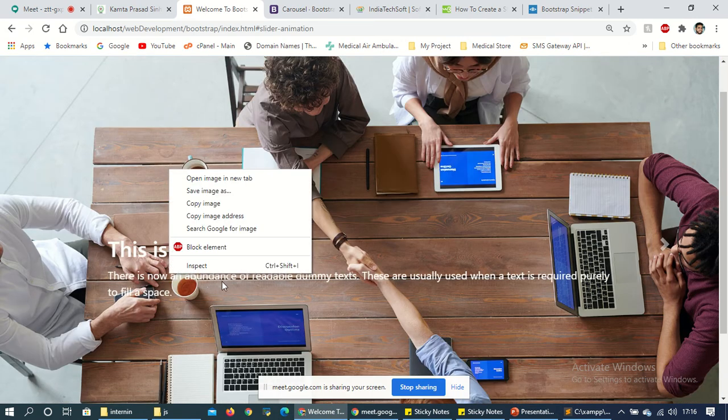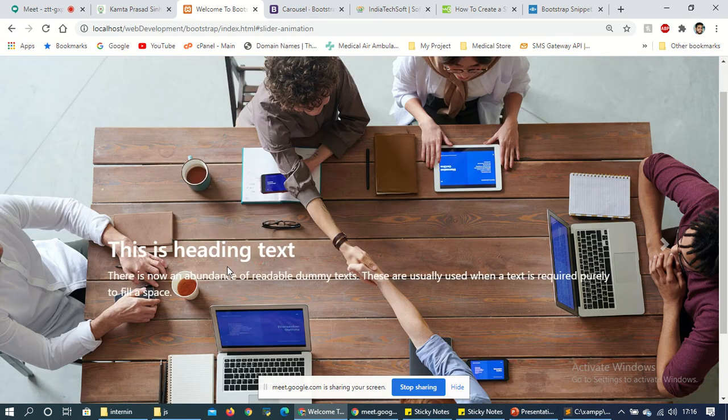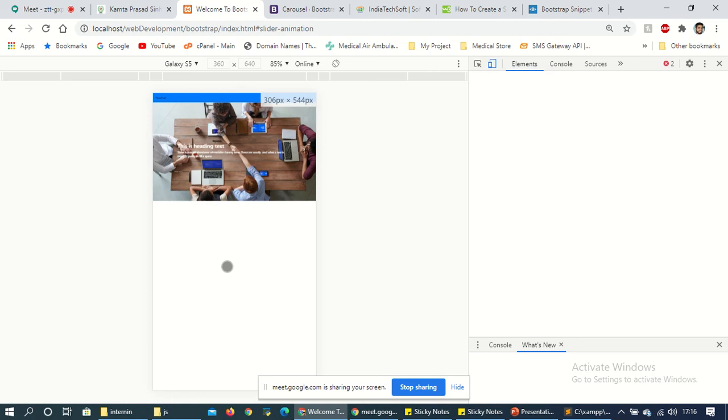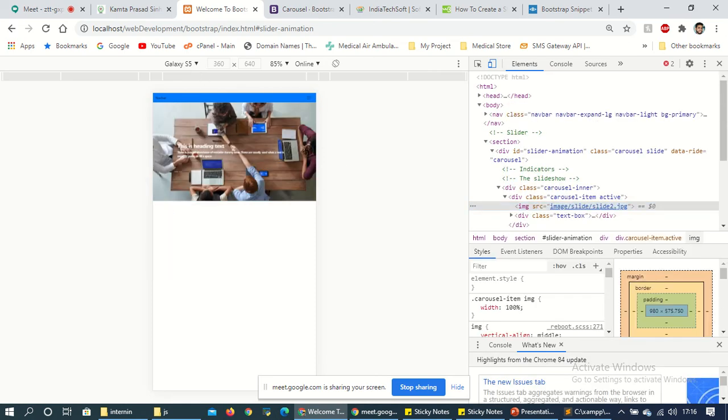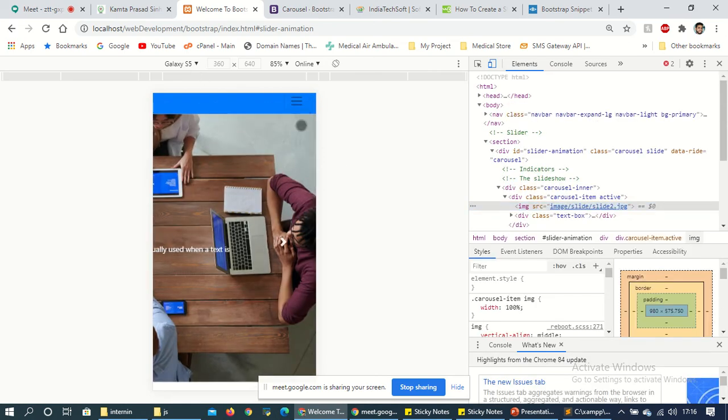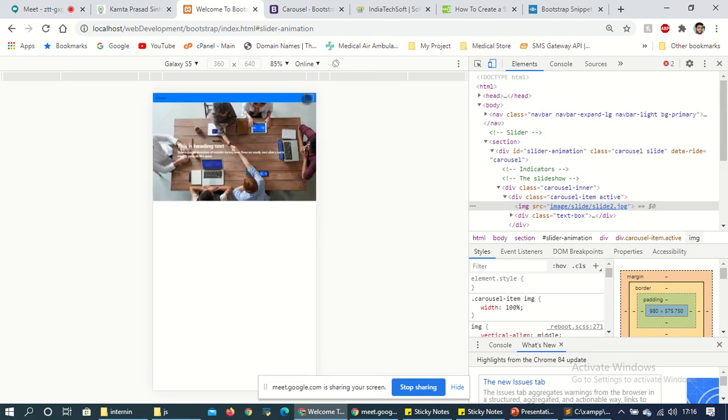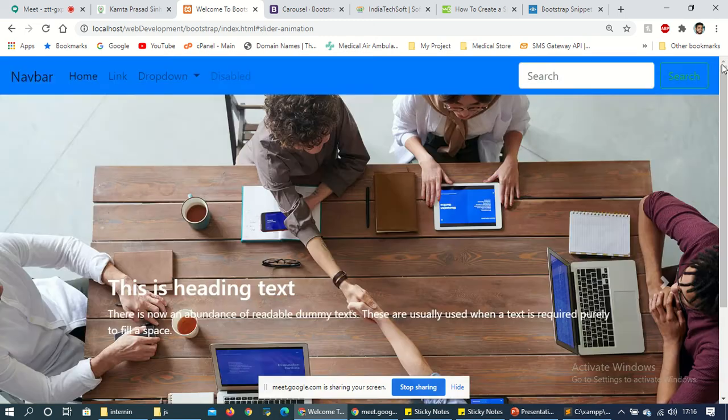If I inspect it, yes, so this is responsive, this is fixed in size. Once JavaScript starts working, at that time this one and this one, the dropdown, will start working.